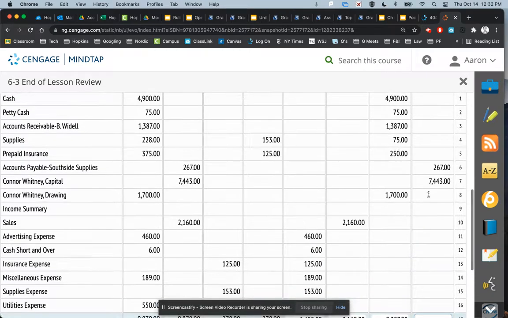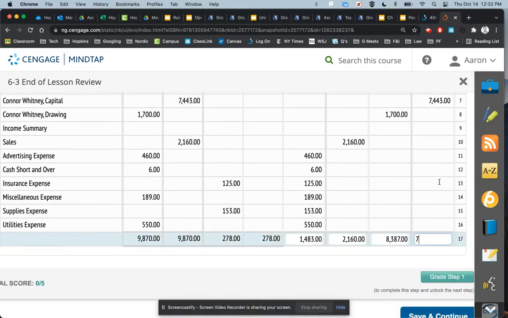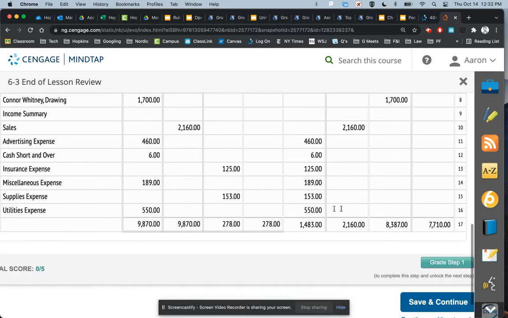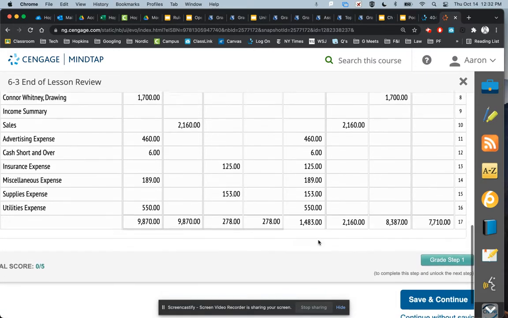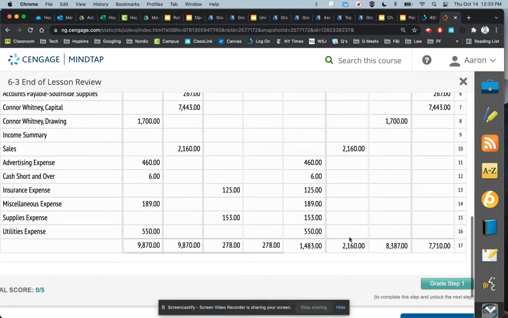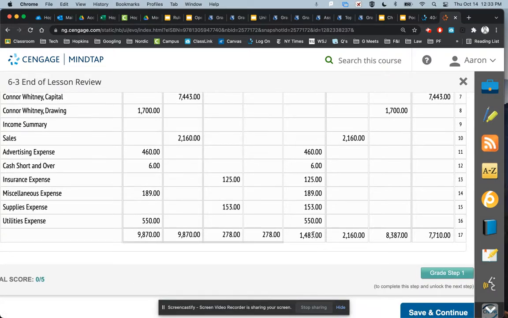So if we add up this column, 7443 plus 267 is 7,710. And so those are our totals. We're just adding down. If we were to calculate net income, which we'll do in the next step, did this business sell more than its expenses? They have more in sales than they did in expenses. Yes. They sold